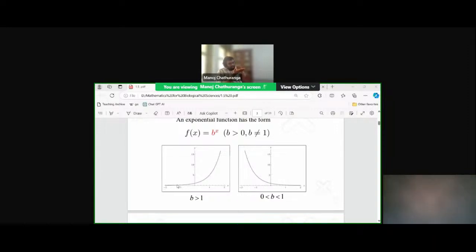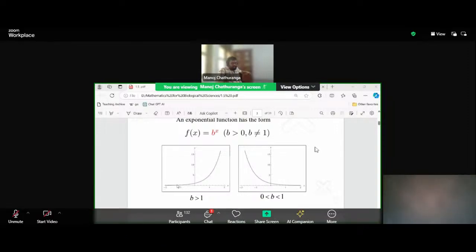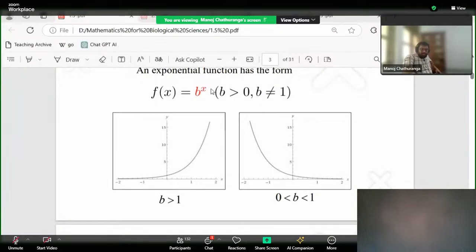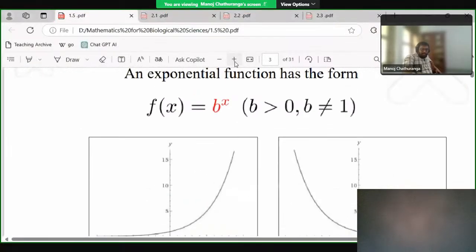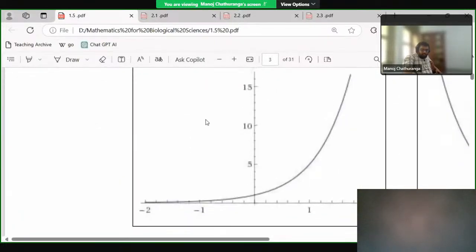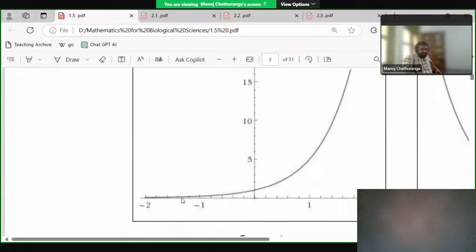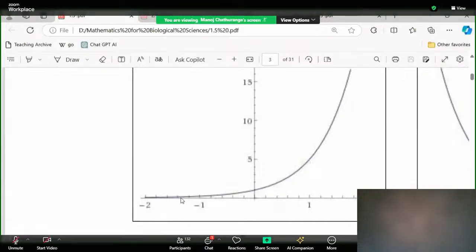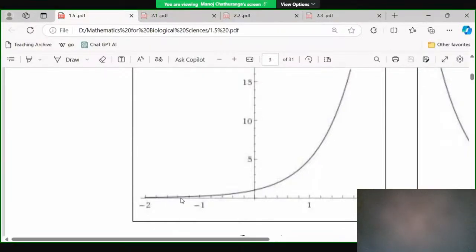It seems like it touched the x-axis, but it never touches it. If you zoom in, you can see there is a gap between the graph and the x-axis all the time, and this gap gets smaller and smaller